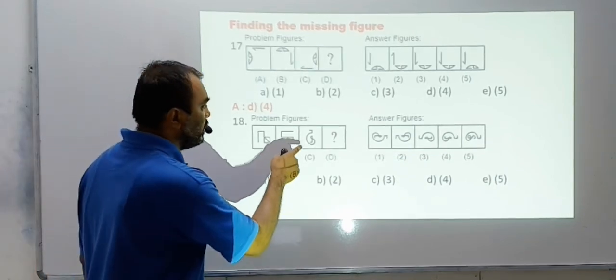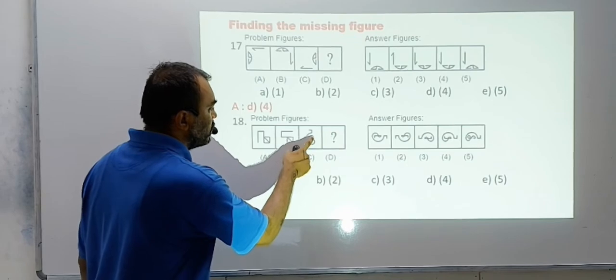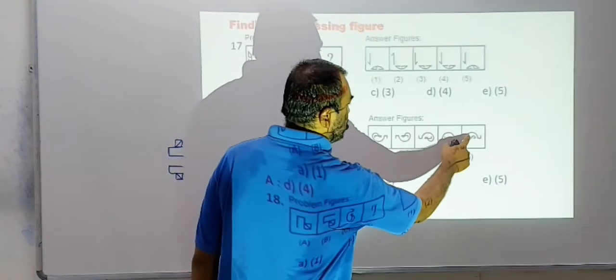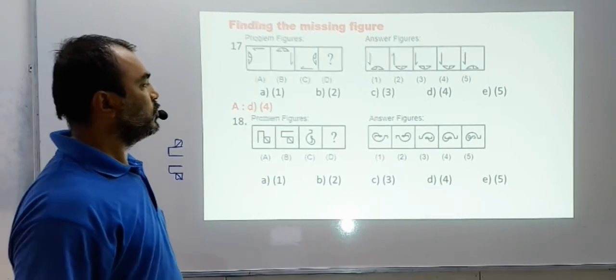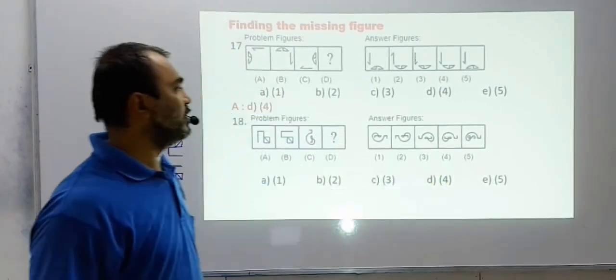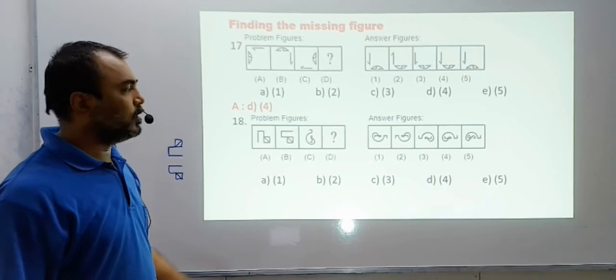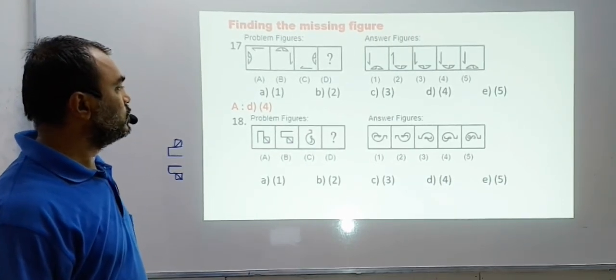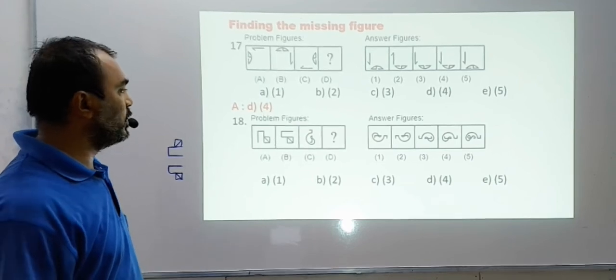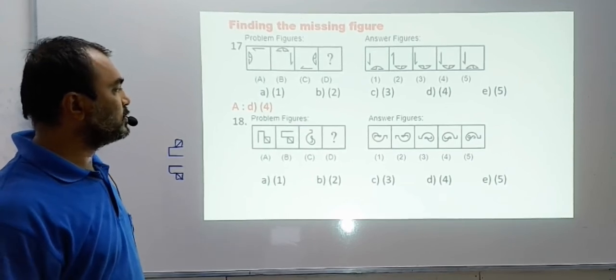See this also very carefully. After the curve there is a straight line here and here there is a curve inside the curve. Be very careful with the shapes also. So we can eliminate this totally. This cannot be the answer, right? Because there is a curve and there is no curve here. When you eliminate the answer, what are you left with? Should we go for the answer?